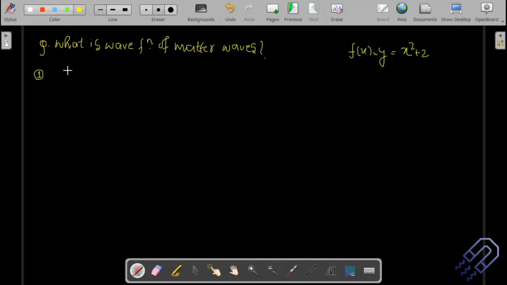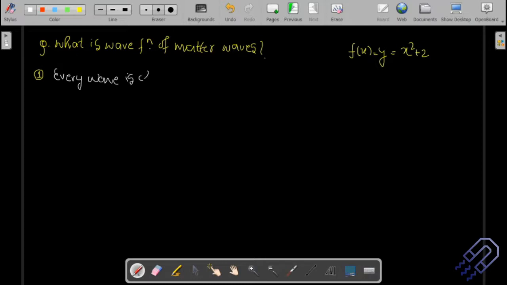And the first point would be, whenever we say, let's say, sound waves, there is some kind of periodic variation. If we talk about electromagnetic wave, again there is some kind of periodic variation. So in matter waves, the periodic variation is in the wave function. Okay, so before I explain this, maybe we can just write down a few sentences. It's important. So if we consider a wave, every wave